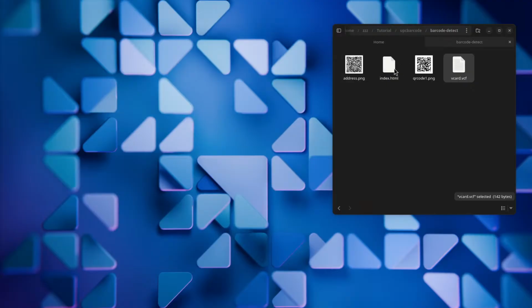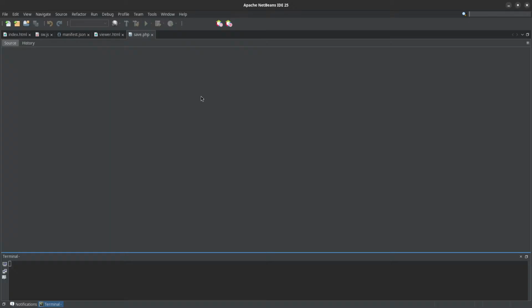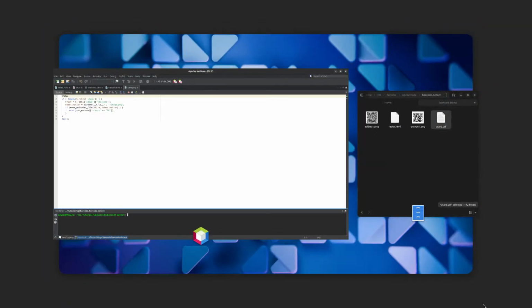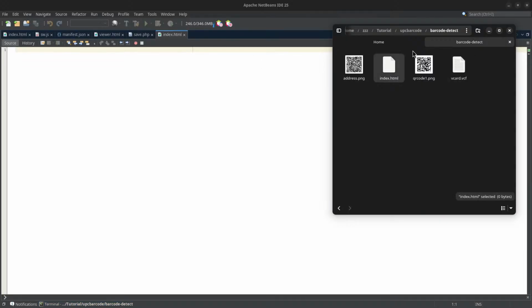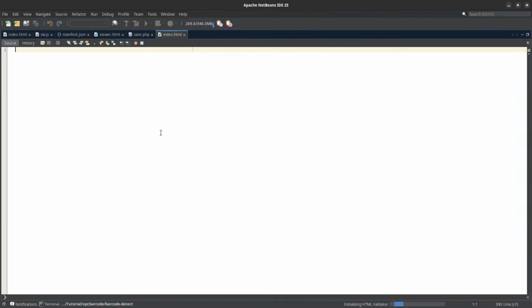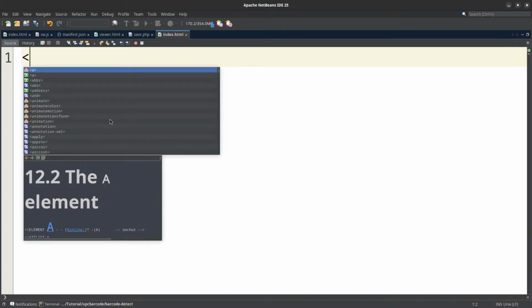I'll use NetBeans, and I'll drag... NetBeans is taking its sweet time, so what I can do is simply drag this index file here. Oh, this is no longer needed, so I'll zoom in. That's Alt, I think. Yeah, everybody likes using different ones, so let's put the doc type,